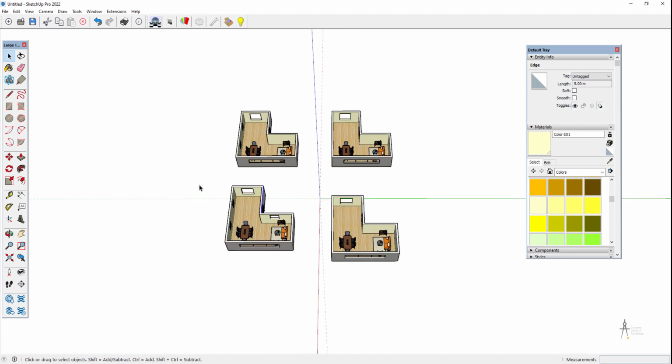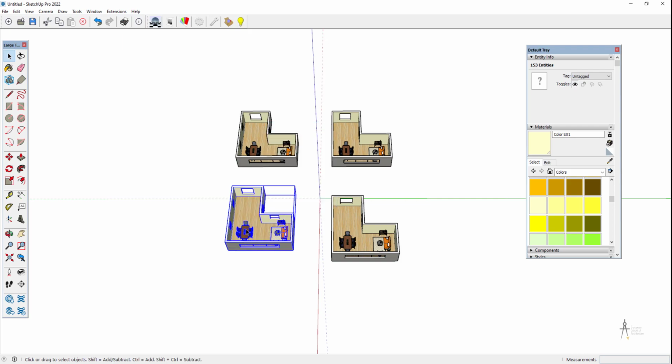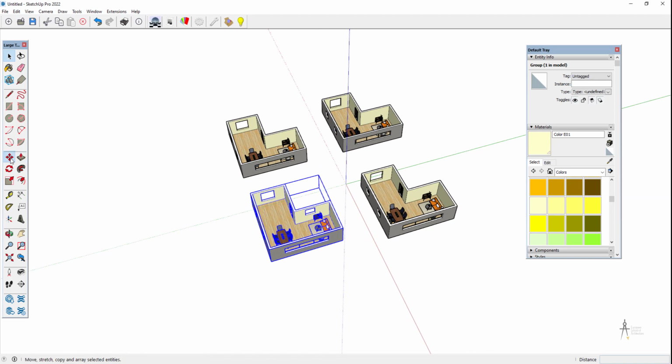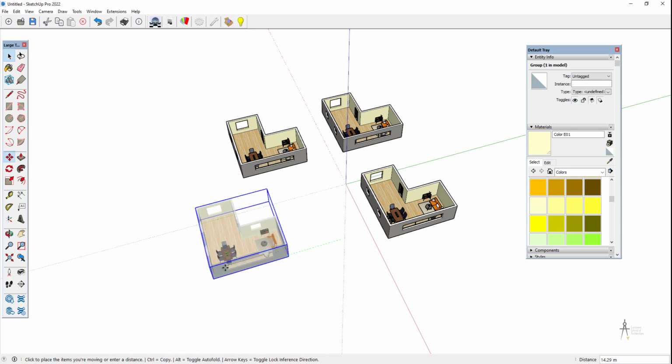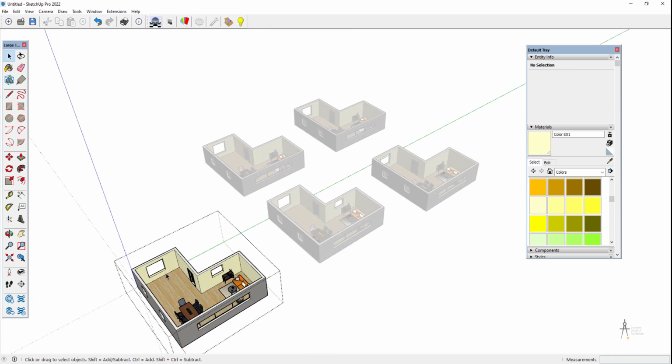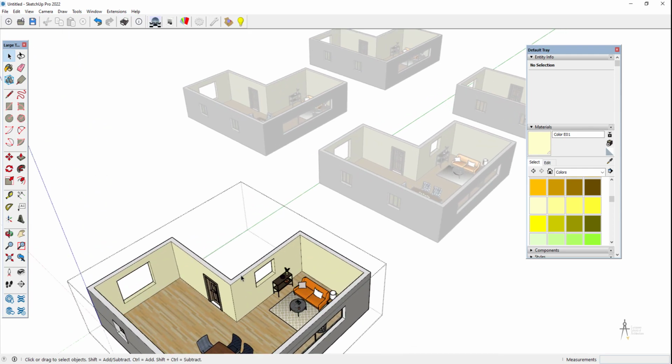Another thing we can do is groups. What's a group? Well, I'm going to select my object. I'm going to make group, and I'm going to copy this. And the difference with component is that I've created a group, I've copied it, but if I modify this one, I edit this,